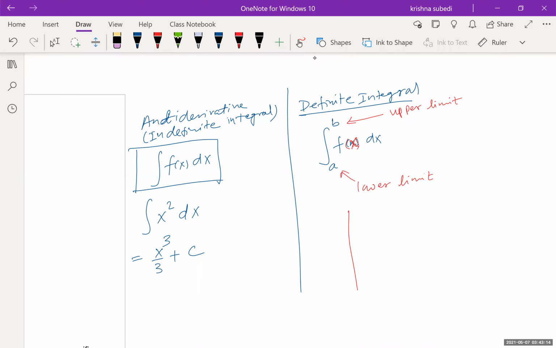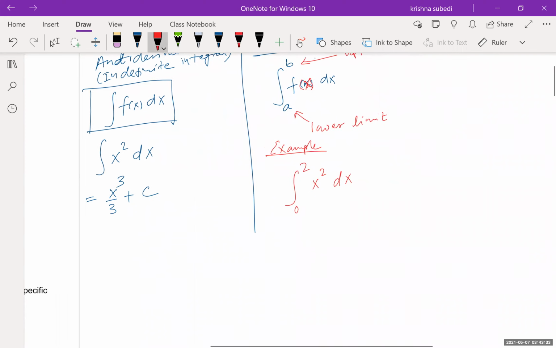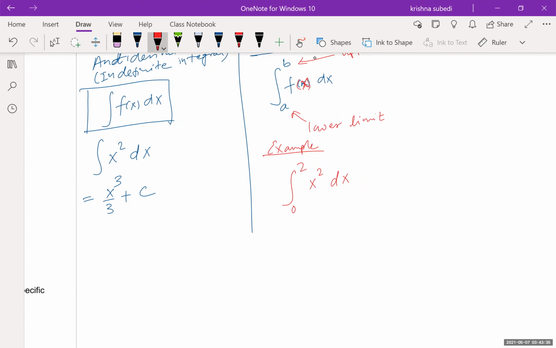Let me just write one simple example. Suppose I write, let's say, the integral from 0 to 2 of x squared dx. What does that mean? It's a definite integral. The lower limit is 0 and the upper limit is 2, and we have a function x squared dx. What it means is,